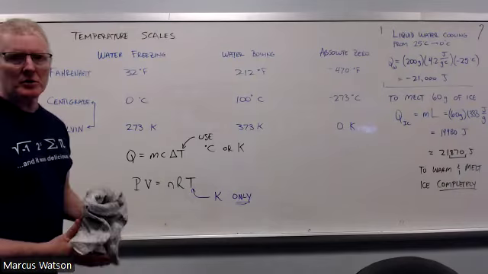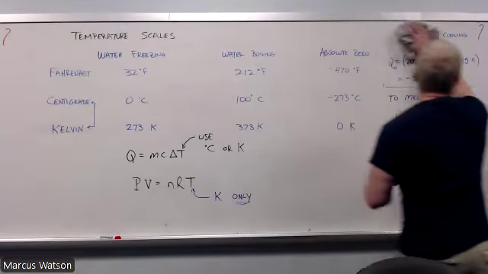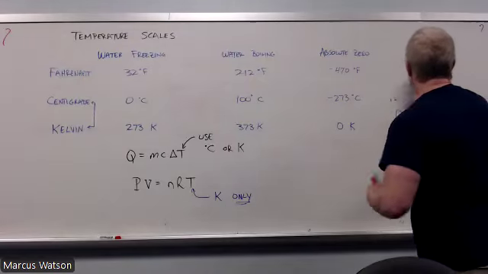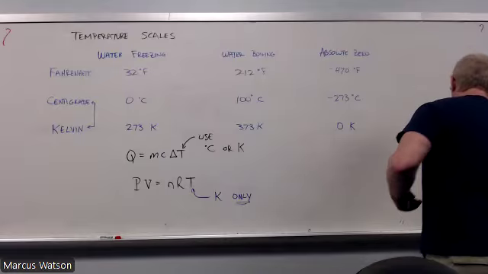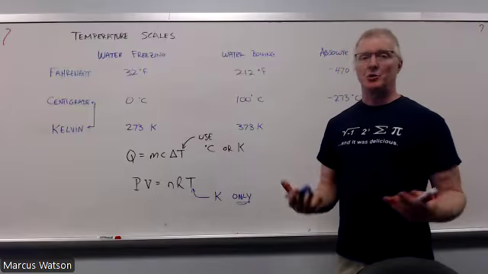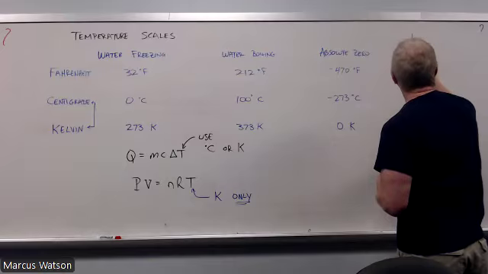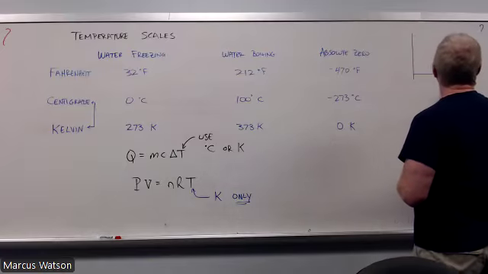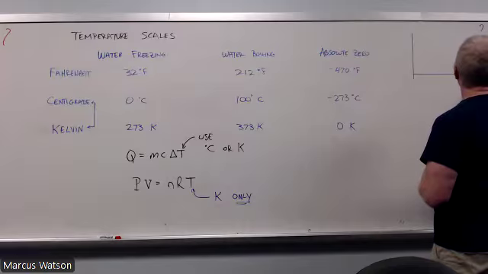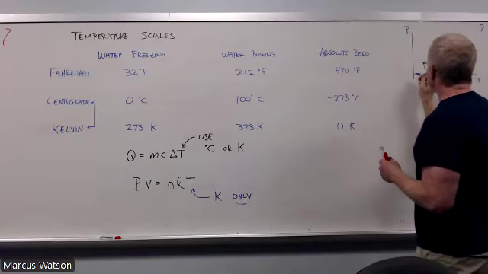We did talk a little bit about absolute zero in the lab, and so I just wanted to give this some context. It's the temperature an ideal gas would attain should it exert zero pressure. So in the lab, what we were doing was, if I graphed pressure versus temperature